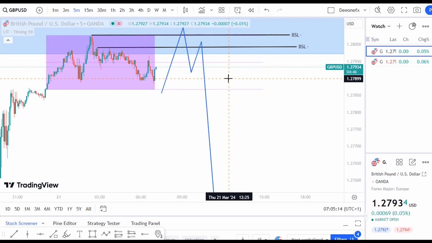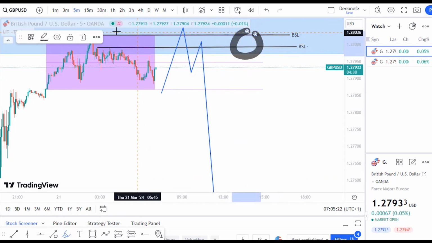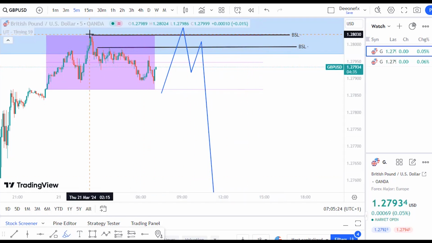Now I need you to understand that the market is not perfect, and we are only going to trade this point of interest if price does exactly what we want it to do. If price does not react to that point of interest the way we want it to react, we let it go. You don't force trades, so you need to trade your plan and plan your trades. You don't trade outside your plan, because when you do that, you bring in inconsistency.